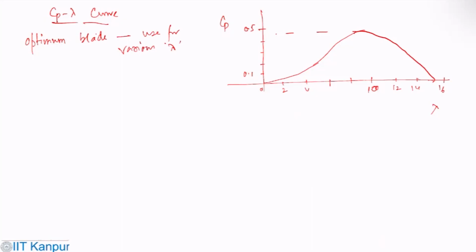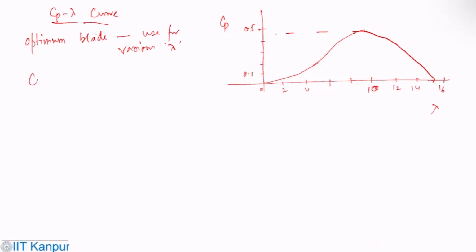For each tip speed ratio, the aerodynamic condition at each blade section can be determined, and from there you can plot this kind of curve, and these curves are used in wind turbine design to determine